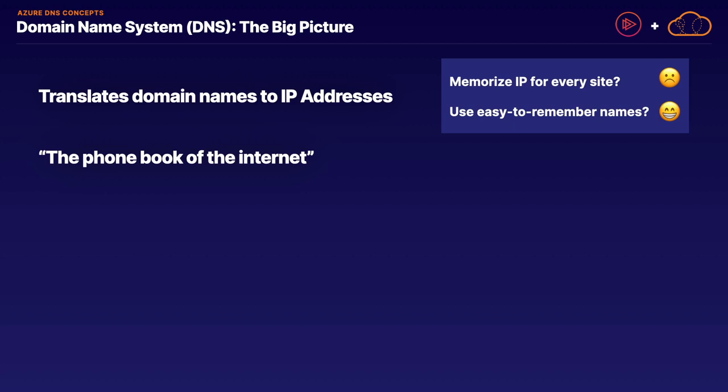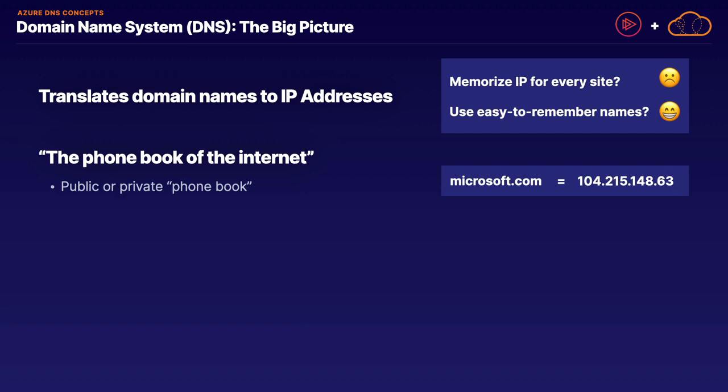One key point to be aware of, which is going to be another ongoing theme in this section, is that this phone book analogy applies for both public and private networking. Or in other words, a public phone book would be for public DNS, and a private phone book would be for private DNS. In the case of Microsoft.com, which would be a public quote-unquote phone book entry, Microsoft.com would correlate to a public DNS entry correlating with the IP address of